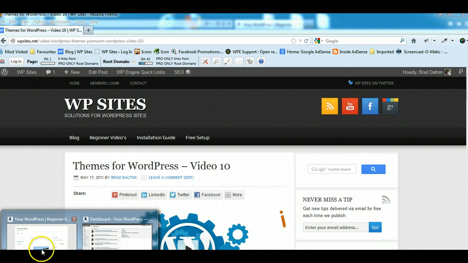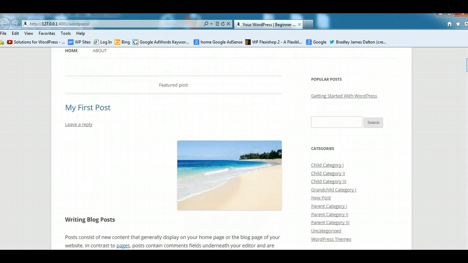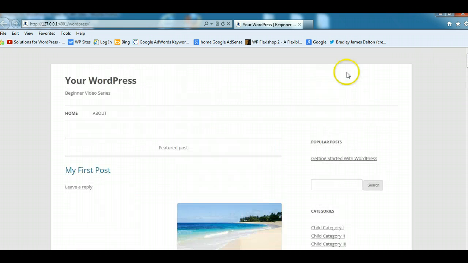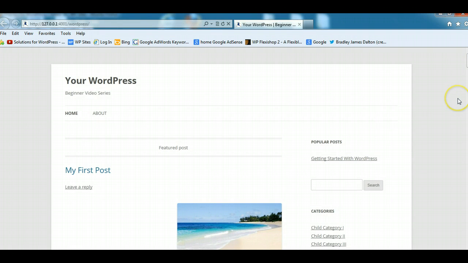By default, when you install the latest version of WordPress, there'll be the 2012 default theme installed, and it's fairly plain. It's fairly minimalistic. You might want to modify this theme, customize it, add in a logo and a header, change the background color. There's all sorts of things you might want to do, or an easier way would be to